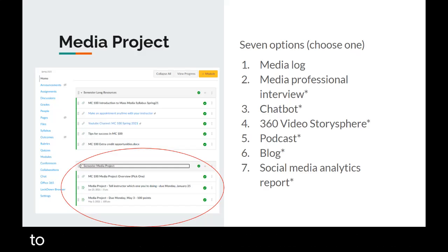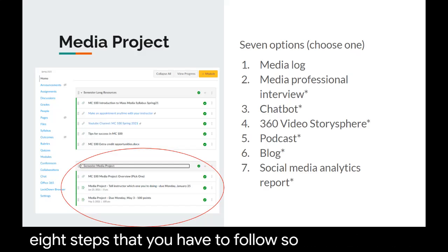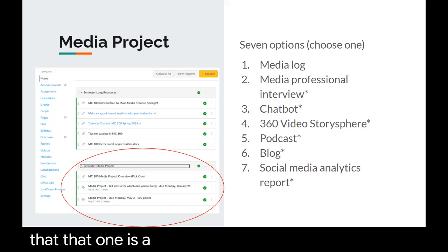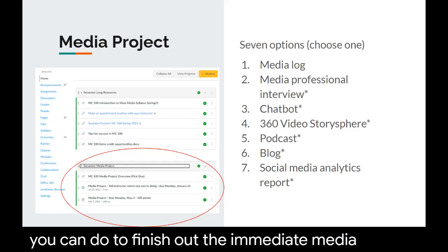And in order to do that, I think there's 7 or 8 steps that you have to follow. So keep in mind that that one is a little bit lengthier, but it is really good to learn about how to do analytics. And if you're interested in going into PR, that could be a really good one for you. So those are the different options that you can do to finish out the media project assignment.